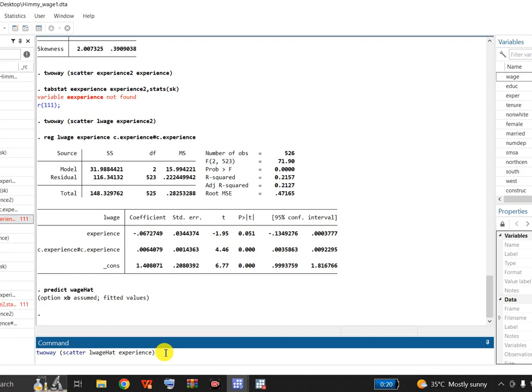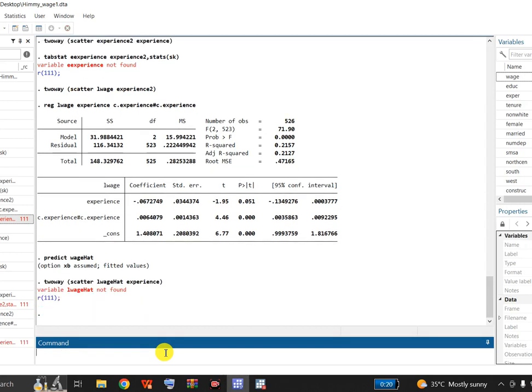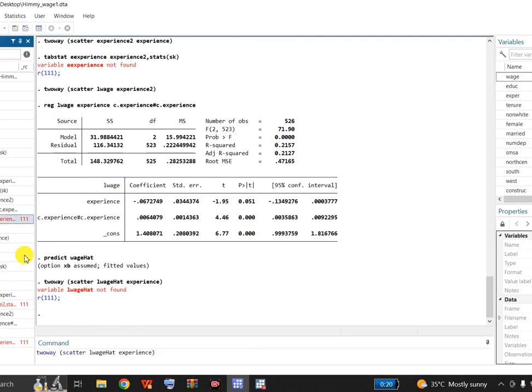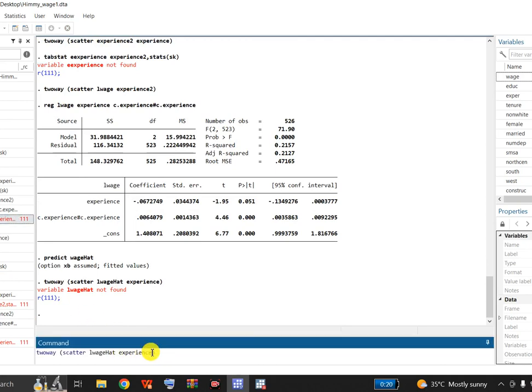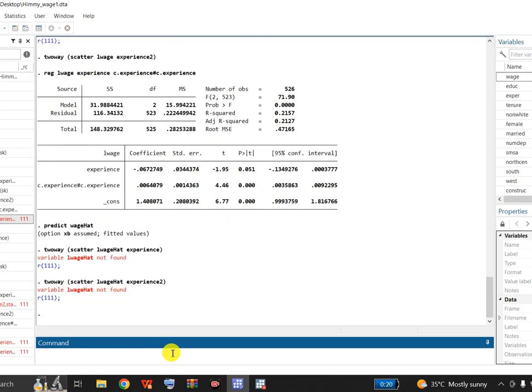Let me see what it shows. That should be experience squared, I think. Okay, ladies and gentlemen, since this is not working,